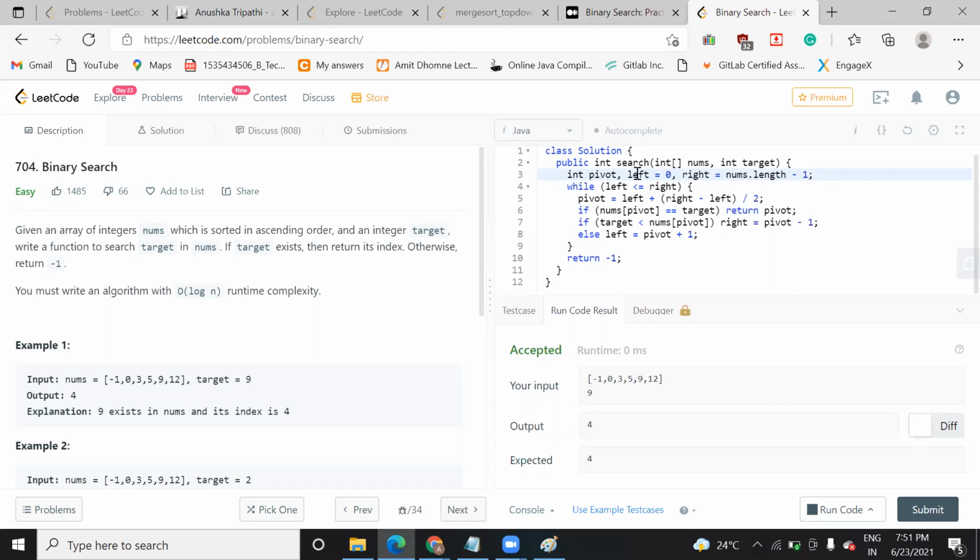You can take it here as beginning and here as end. If the key is less than or equal to the search value, or if the middle value is less than or equal to the key, then you are going to perform this pivot. This logic you can change with this one also.